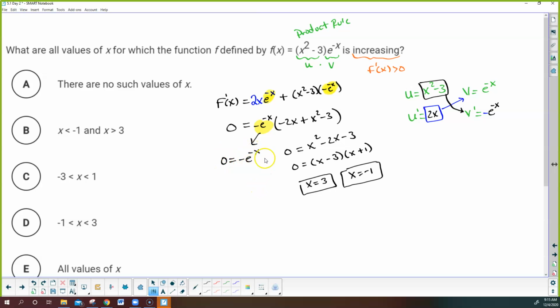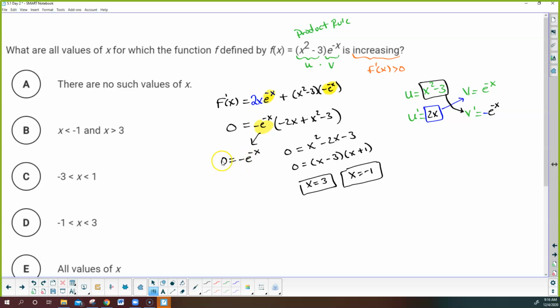Now, if you understand what's going on here, you know this answer doesn't exist. Because e to the x, regardless if it's positive or negative, will never equal 0. This function is always positive, but then because of this negative, it's always going to be negative, which means it'll never equal 0. But if you didn't see that, algebraically, you could still solve, and you would find and justify